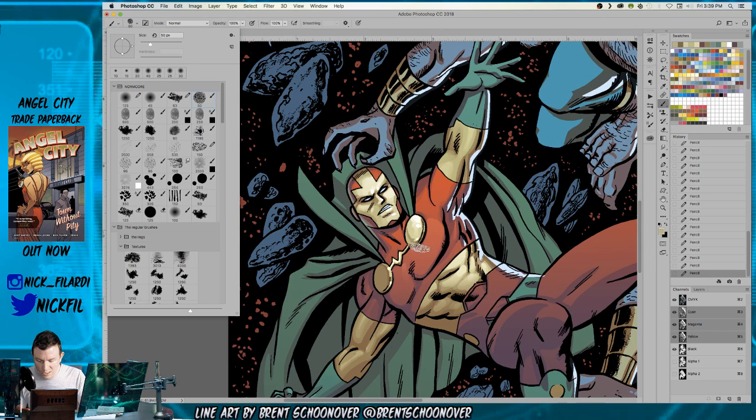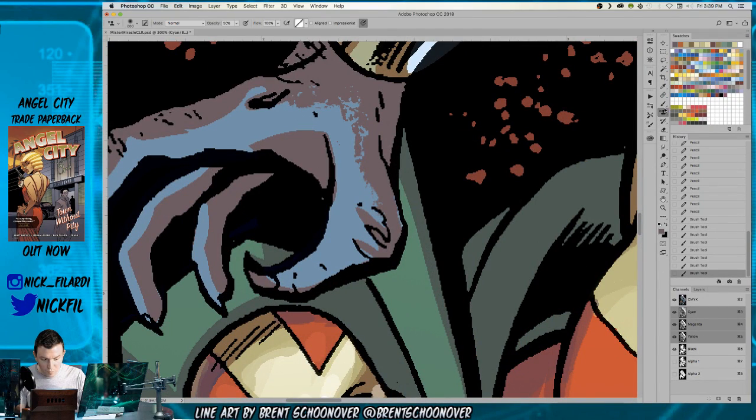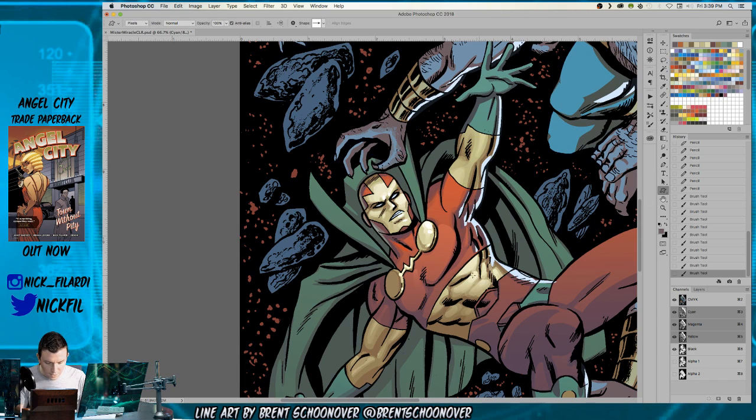So if I wanted a toothy kind of texture, like these guys are probably going to have a toothy texture, the brush adds that, you see that tooth in there, and we'll be able to get in here and do this toothy, gnarly kind of thing. You can't really do this with an even brush, but with Miracle's clothing,